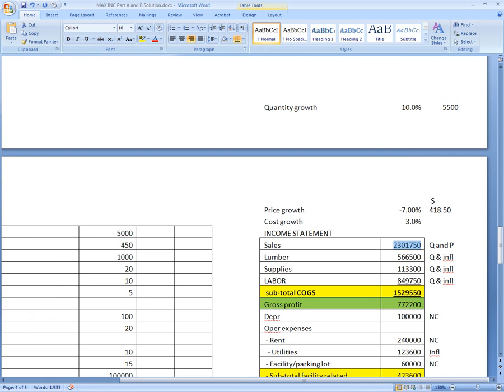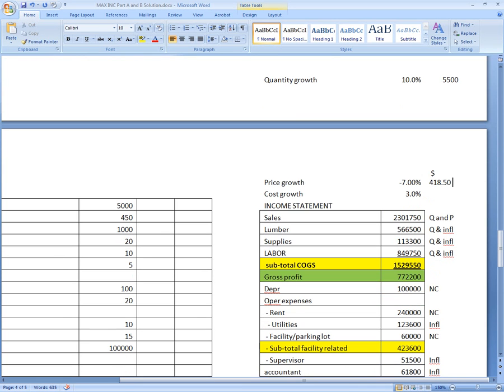The lumber will also grow. Why? For two reasons. One, there is inflation. And two, the quantity is changing. So what you're going to do is take your lumber cost, which is 100. You're going to increase it by inflation, which is 3%. So 100 will become 103. So your formula over here will be